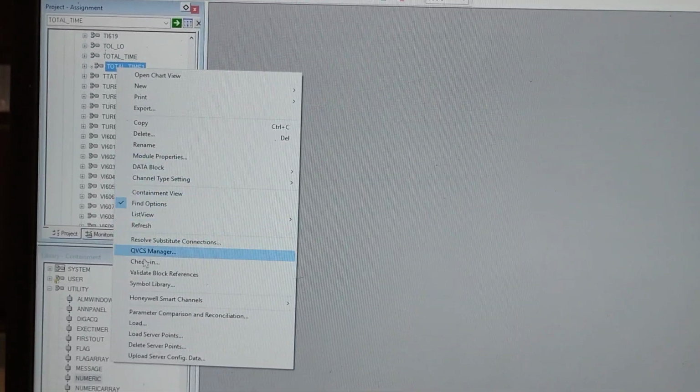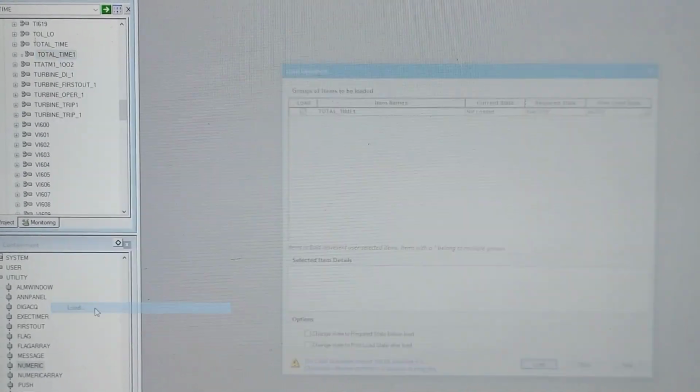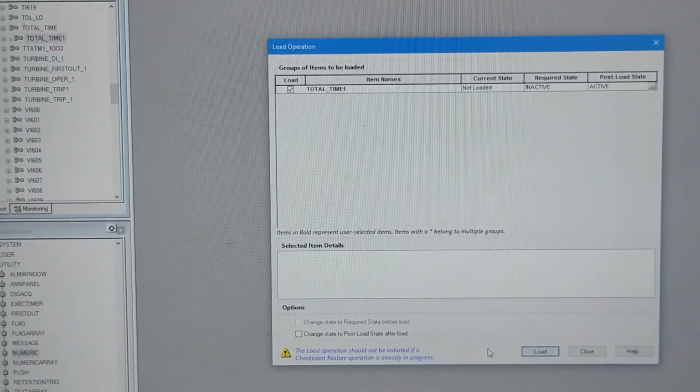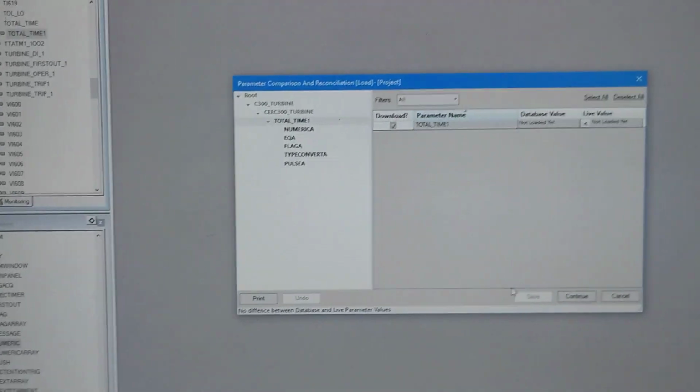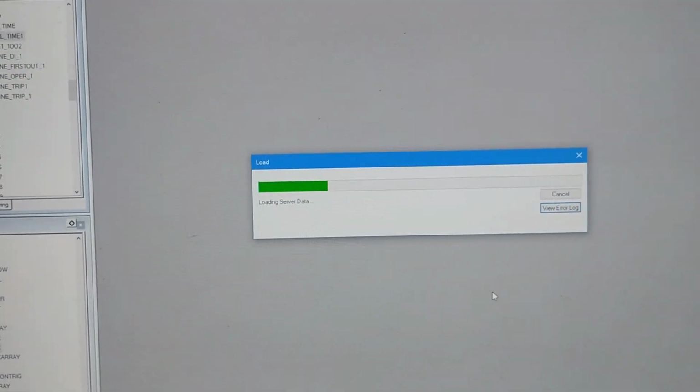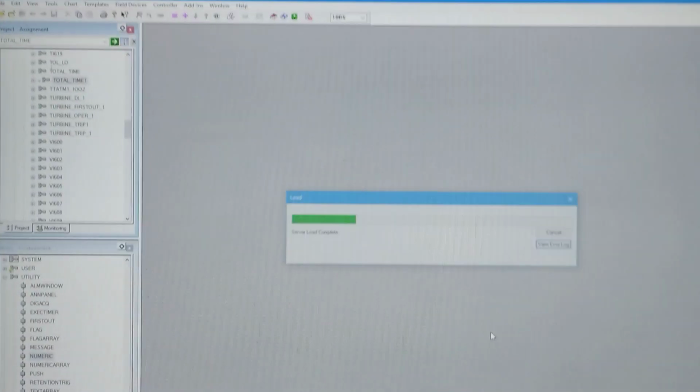Now we will save it and we will download it. See, the logic is being downloaded. You can see it now.